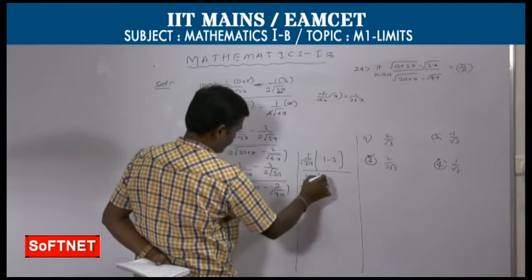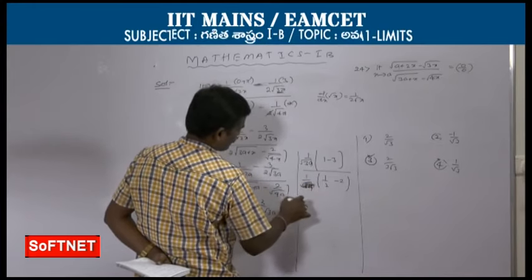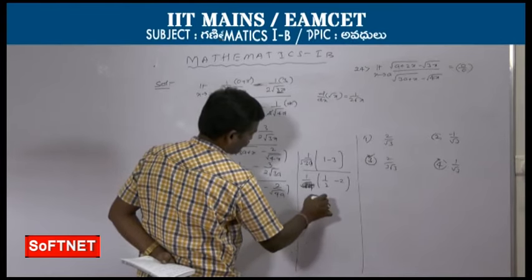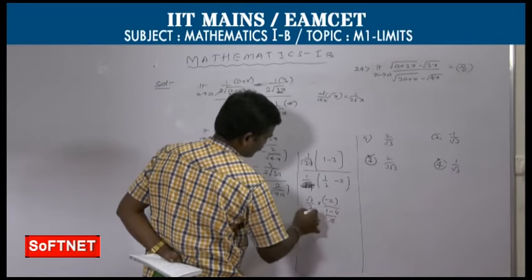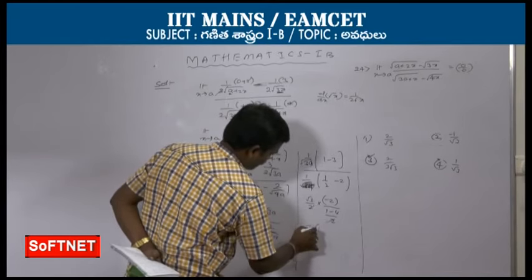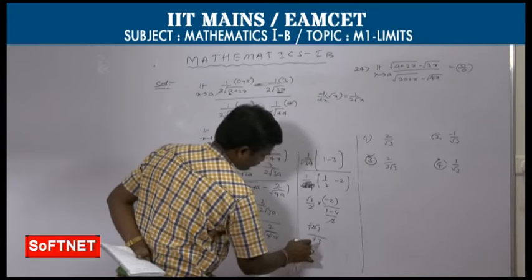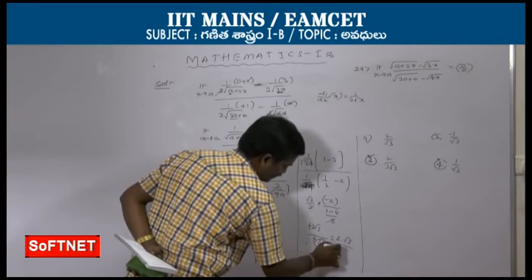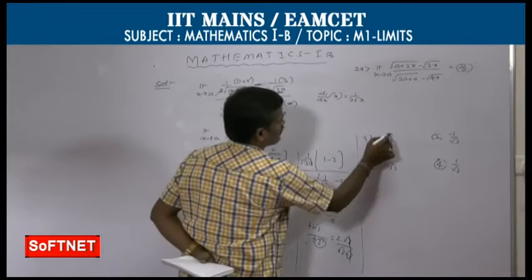So your answer is what? 1 by 2 minus 2. So here root a cancels. So this is 3 root 3 by 4, 4 can be written as 2 into this, minus 2 by 1 minus 4 by 2, this 2 cancels. So minus here minus root 3 minus 2 root 3 by minus 3. So minus plus here 2 into root 3 by denominator 3 can be written as root 3 into root 3. So root 3 cancels, 2 by root 3 is the answer. 2 by root 3 is the answer.